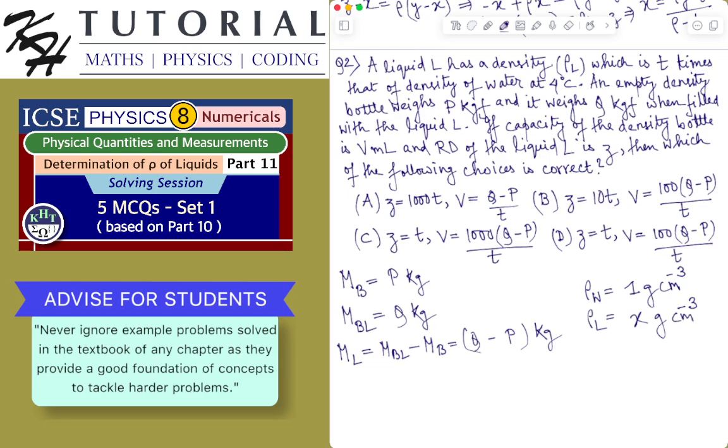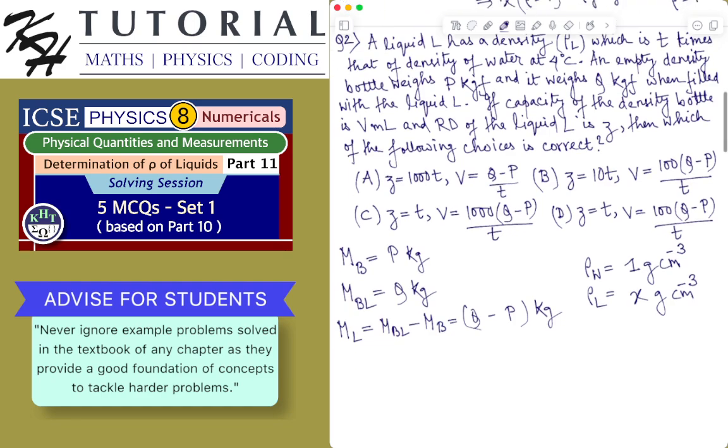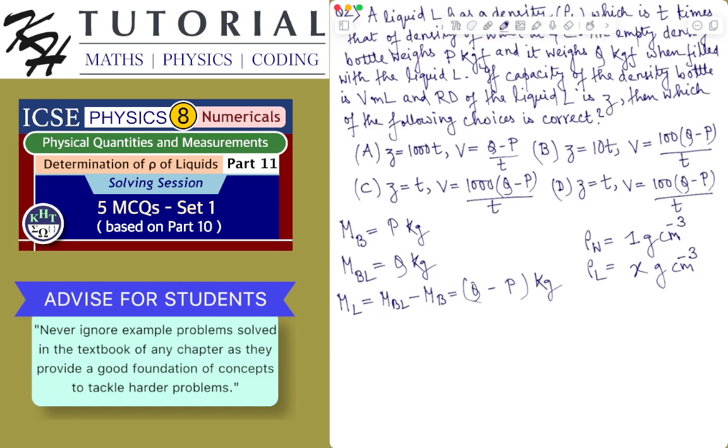What else? If capacity of the density bottle is VML, okay, so the volume of the density bottle is given as VML, which is V centimeter cube. Now clearly, since we are using water at 4 degrees centigrade, we can clearly say that